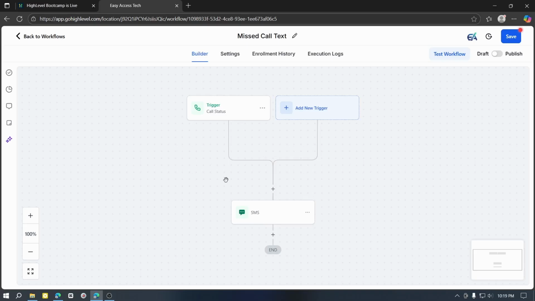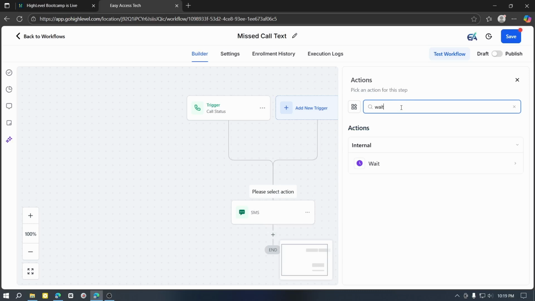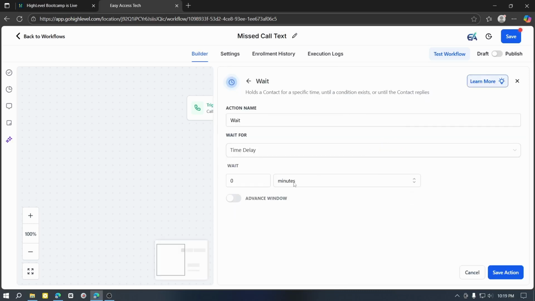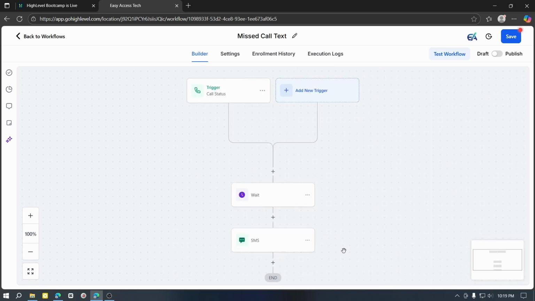send a message. And if you want to add a delay, then you can do that. Just click on this plus icon here and search for this wait. So select this and let's set this as 2 minutes. So after 2 minutes it will send this message, and that's it basically. And click on this save to save this and just publish. Okay, that's it basically. This is how you can easily create the missed call message or missed call text on